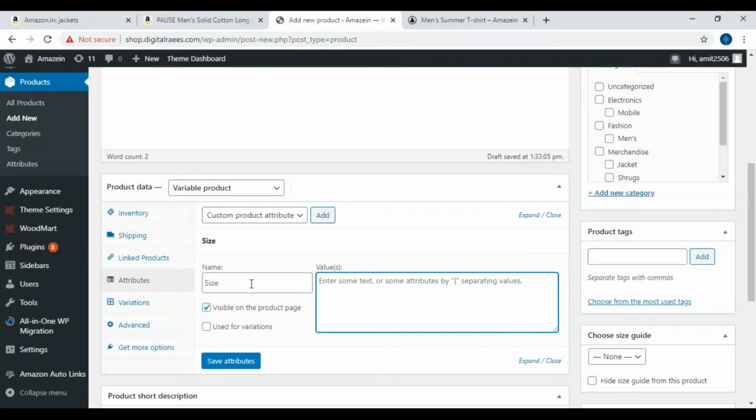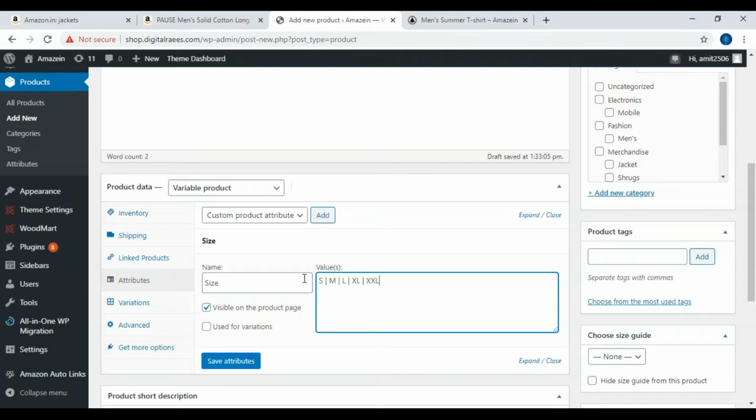So size. So we have small, medium, large, extra large. So you can keep it like this, or else you have to give S, M, L, XL, so that looks more easier. So we can convert into that. So S space, and then you have to give pipe symbol. So that is above your enter button. Then space, medium, space, pipe symbol, space, large, space, pipe symbol, XL, double X.